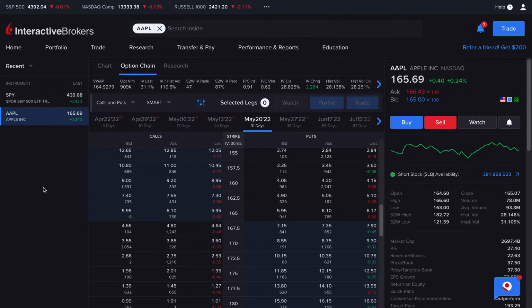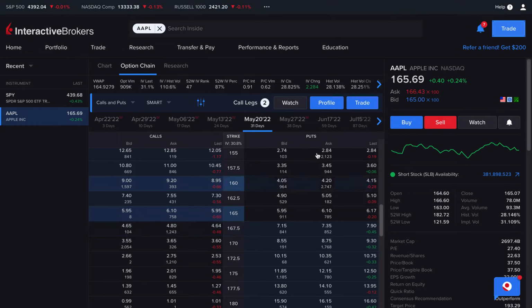Now, how do you construct this, right? It's very simple. Let's say the stock of interest today is Apple, and I think that Apple is going to remain below $160 by May 20th, which is approximately in 31 days from now. I can create a bear call spread with my short call leg at 160 and my long call leg at 165. Now, both of these are in blue, which means I'm technically long both of these strike prices,